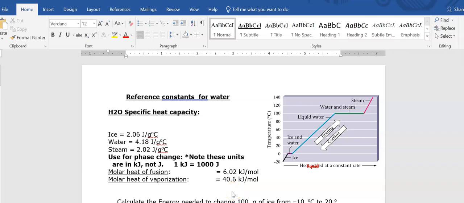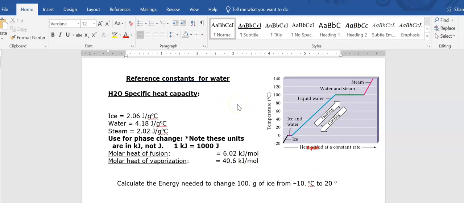This is just a walkthrough on how to solve the heat capacity problems. This sheet is posted without the video as well. So let's take the question where we want to calculate the energy needed to change 100 grams of ice from